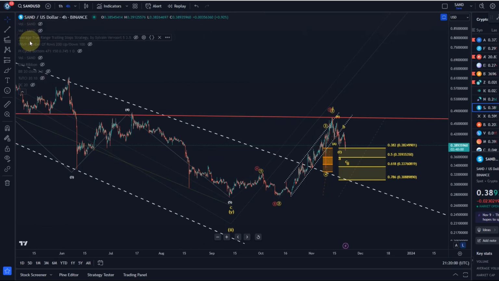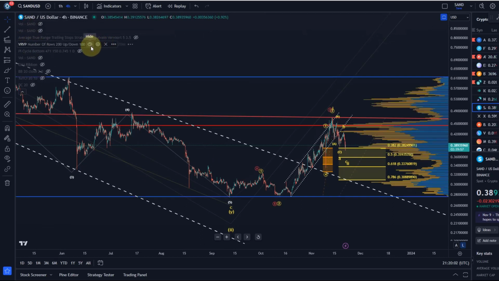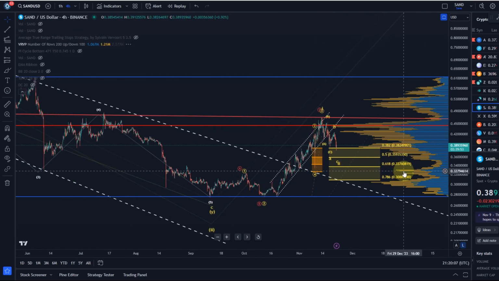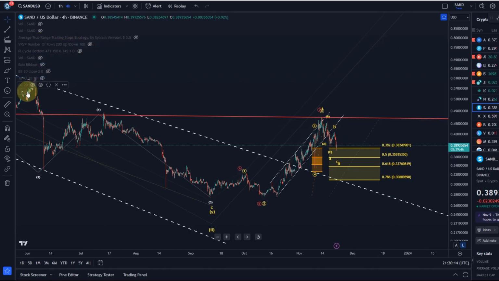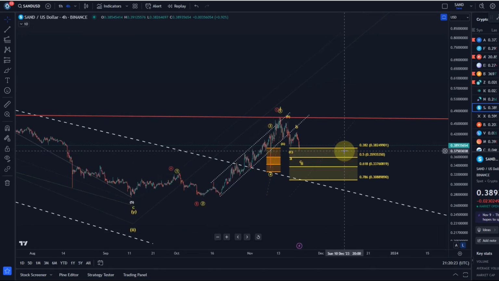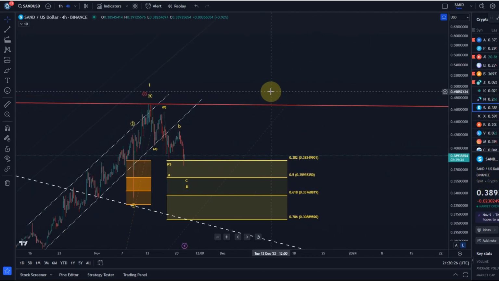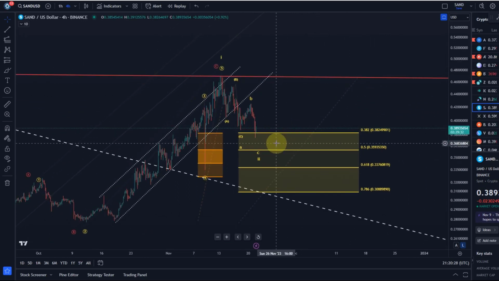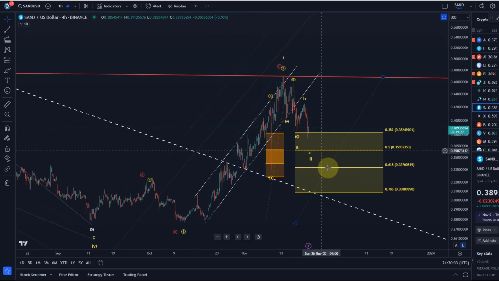Also, let's check where the point of control is. That can also act as support. That's actually up here, okay. But there is a bit of a spike there around the 33 cent mark. So it might act as additional support. And in addition to that, we have the 61.8 retracement level there. So not saying we have to come down that much, but there is quite a lot of support there, in addition to the other fib levels here at 38.2 cents, 35.9, 33.7, and 30.9 cents.